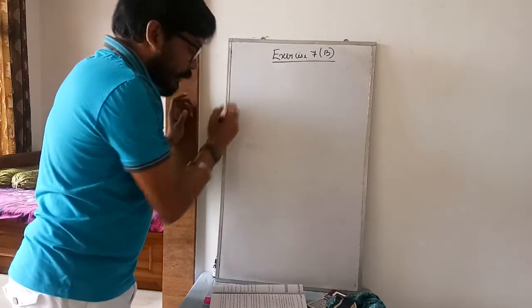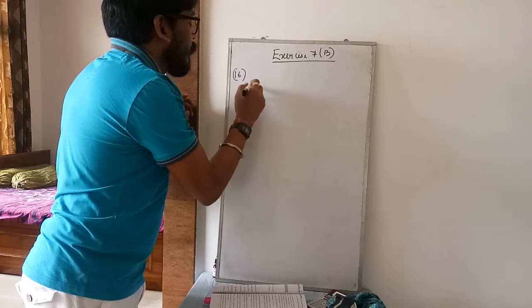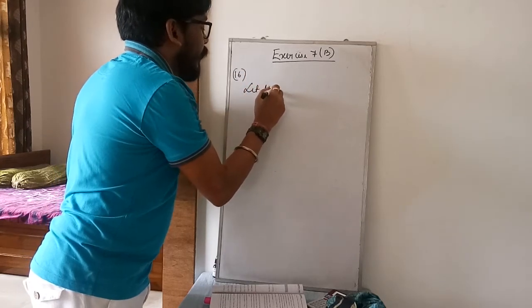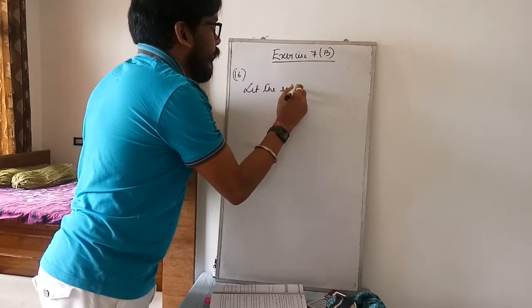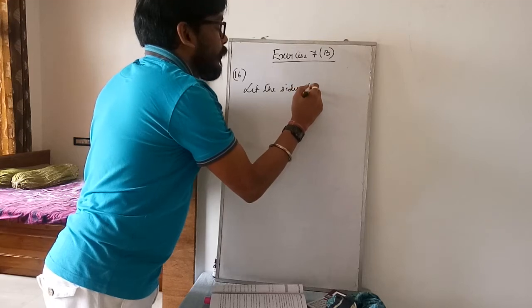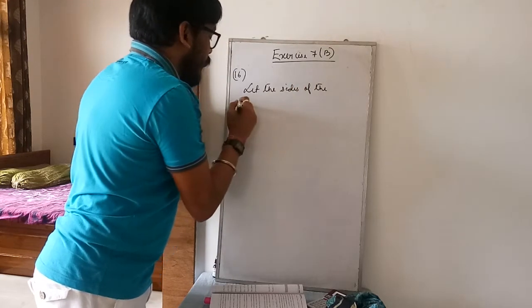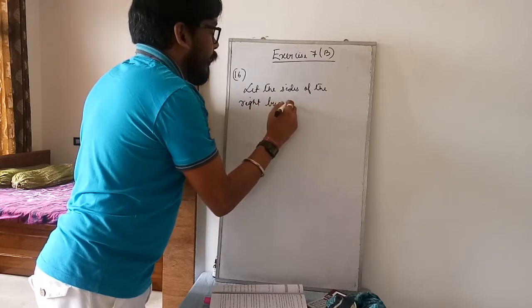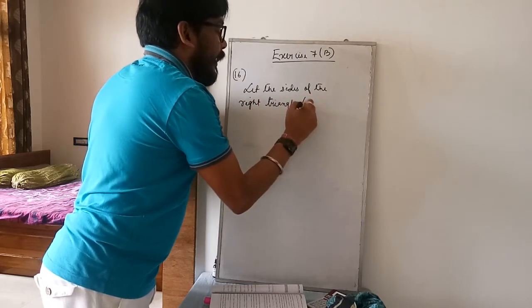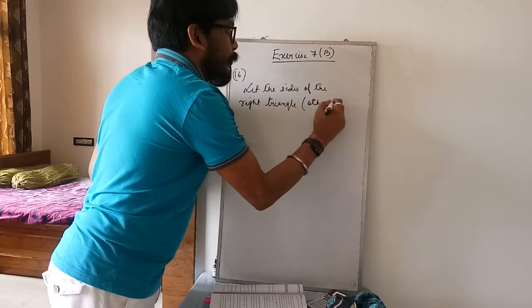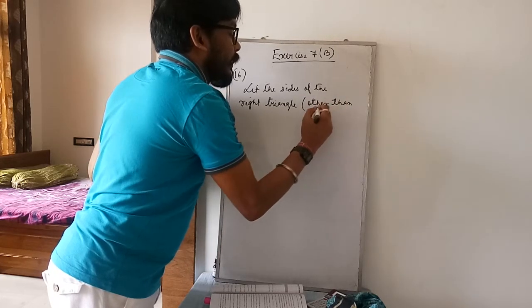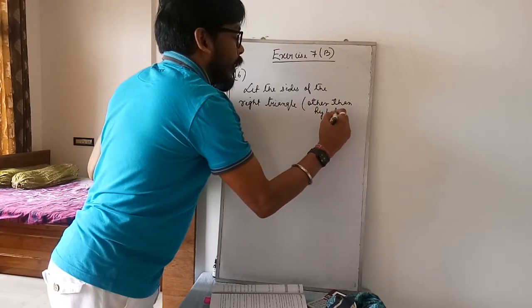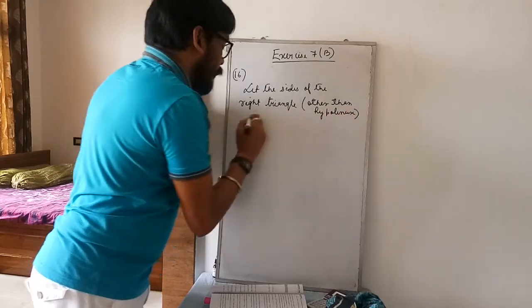Whenever you take the ratio, you give a variable. So I'll write here, let the sides of the right triangle, other than hypotenuse, be